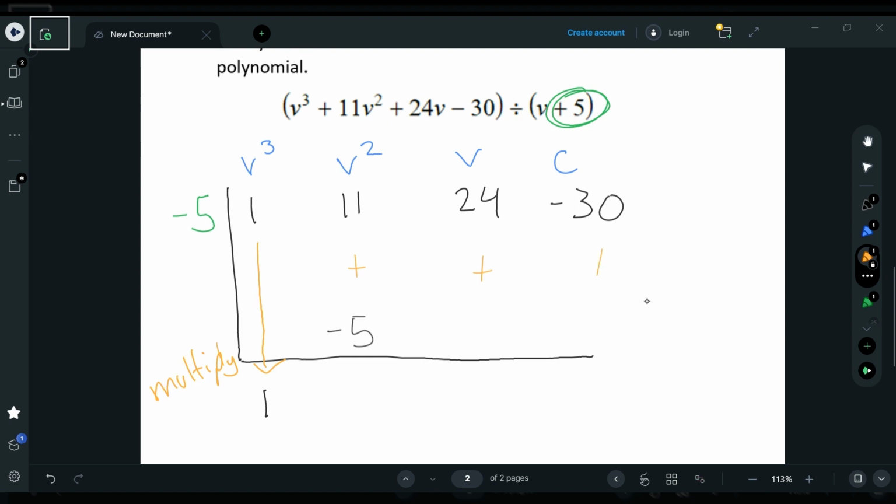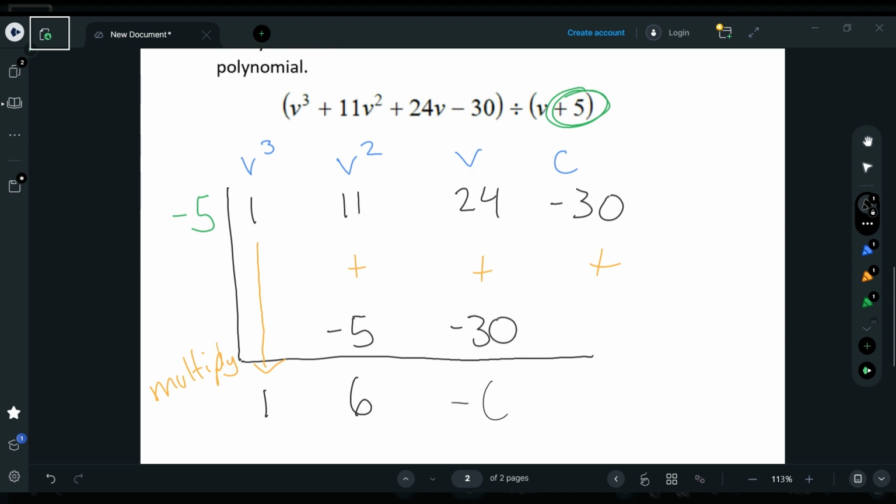And add down the column. 11 plus negative 5 is a positive 6. Repeat the process, multiply 6 times negative 5. That gives us a negative 30. Put it here above the line. Add down the column. 24 plus negative 30,